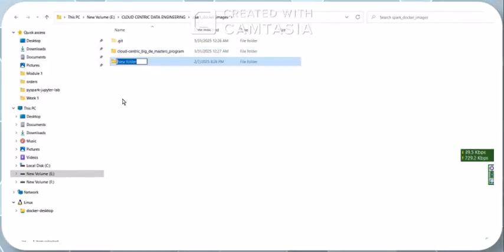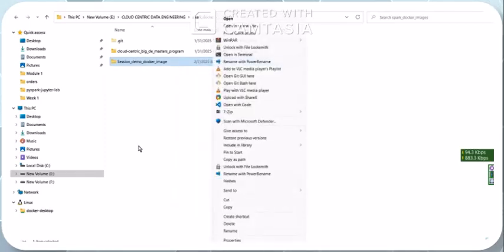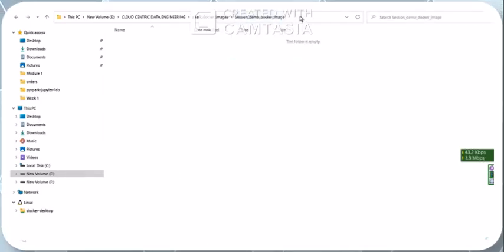Create a folder. For example, let me create this folder, session demo, Docker image. So this is the folder, and open that folder with VS Code, or